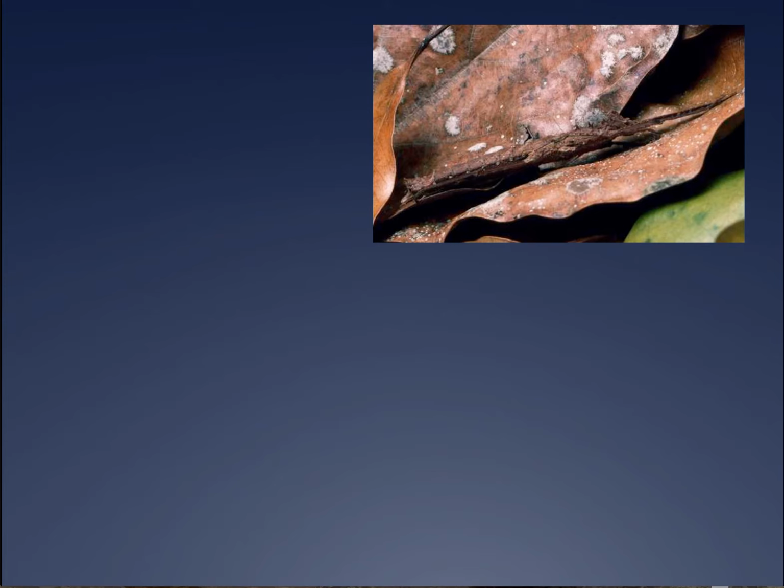Animals that often change their shape, their outline, so that they can look here a little bit like,